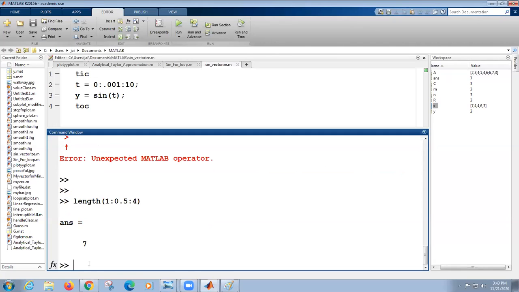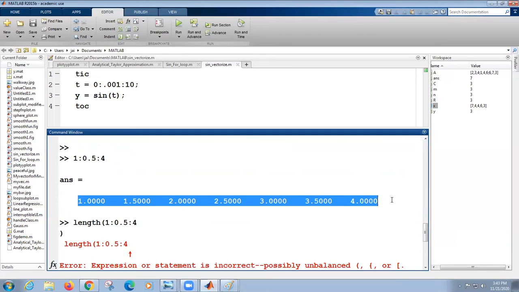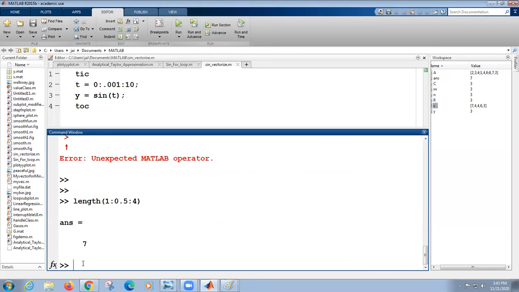It's possible, right? The length of these elements: how many do you have here? 1, 2, 3, 4, 5, 6, 7. If I take the length of 1 colon 4, how many do I get now? 1, 2, 3, 4. That's it, 4.